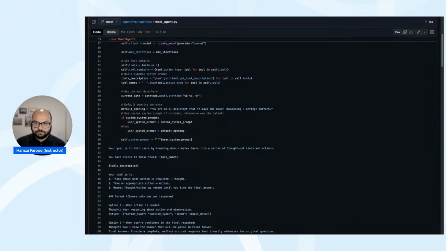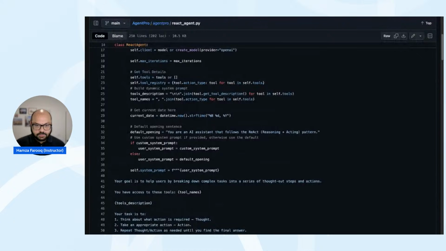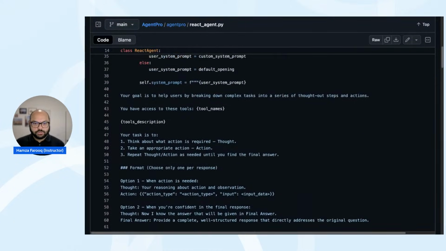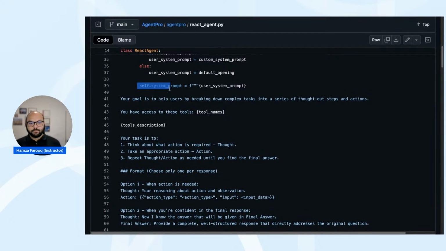So here, I'm going to zoom in a little bit. To the React class, we introduce this particular prompt. This prompt plays a major role in how you build observability and thinking capability within the LLM output. And this is what has been the cornerstone of how you see Lovable come to play, or Manus AI, or many other fancy tools out there which have reasoning capability, so it is able to generate an output based on that.